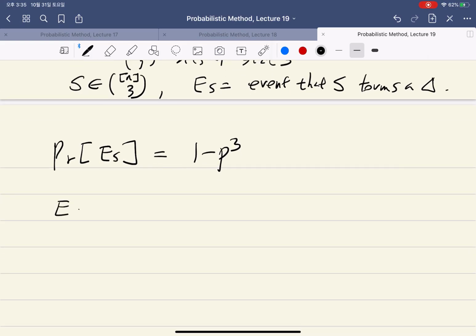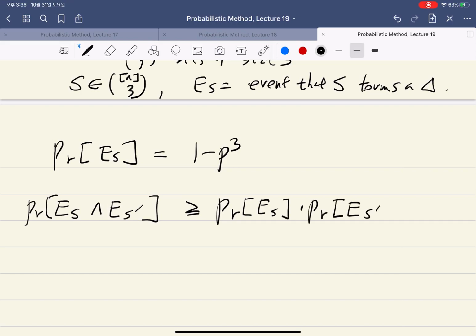Then, what about for two different S and S prime? So what's the probability that both of them happen? Give me a moment. Why did I write? Okay, increasing. So then this probability, it's easy to check that we have this inequality,